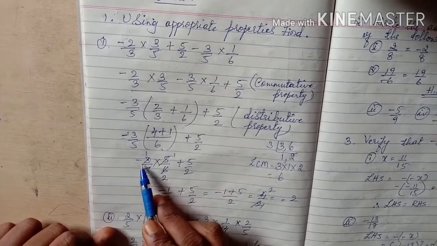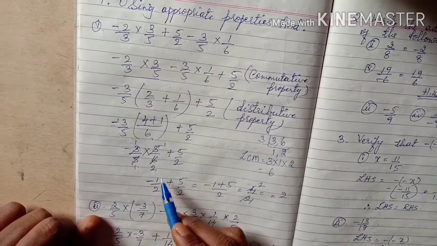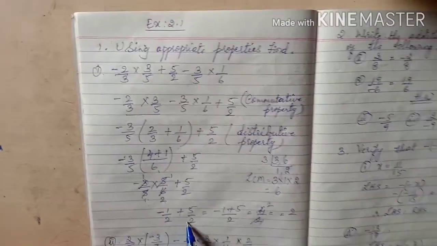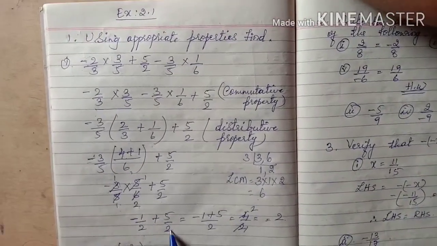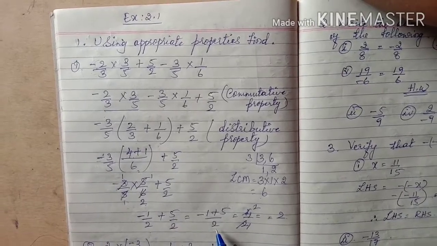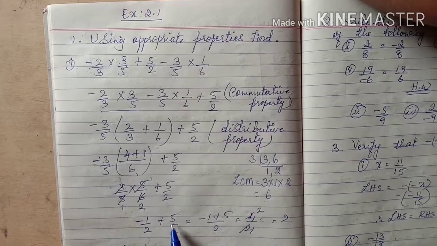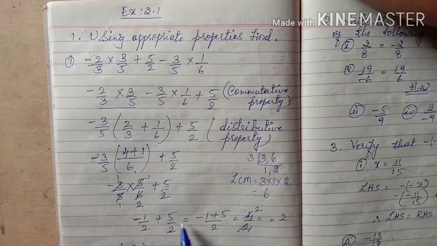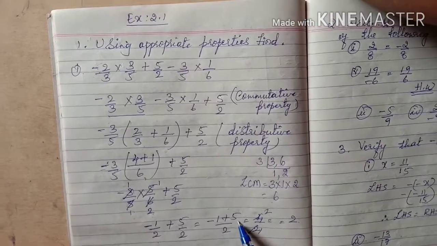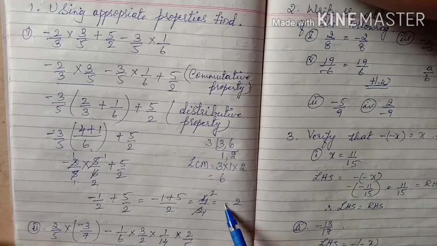Now minus 1 into 1 is what? Minus 1, 1 2s are 2 plus 5 by 2. Then further we have to simplify this. Yes or no? So now what are the denominators? Just observe here, denominators are same. So since the denominators are same, we can simplify the numerators easily. What are the numerators? Minus 1 plus 5 divided by 2, that is equal to minus 1 plus 5 is 4 divided by 2. 2 1s are, 2 2s are, that is 2 is the answer.